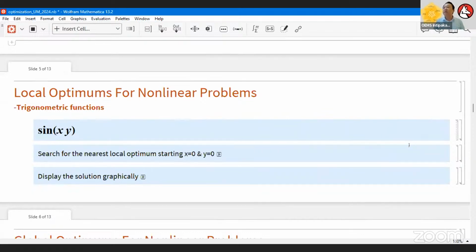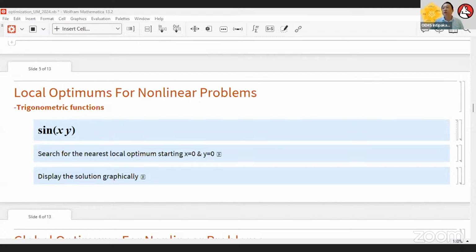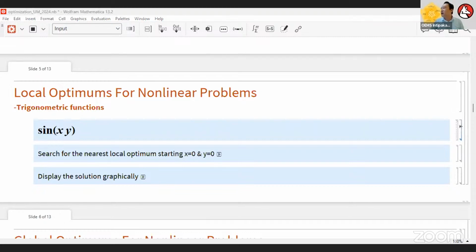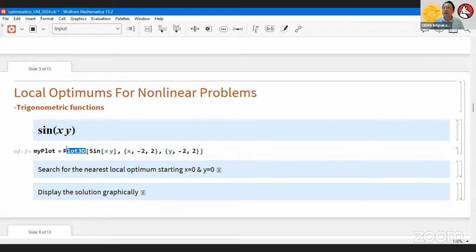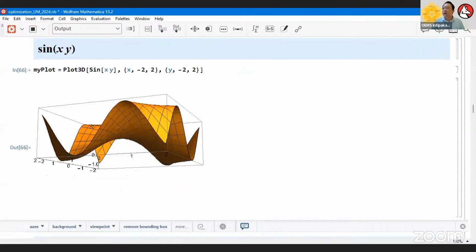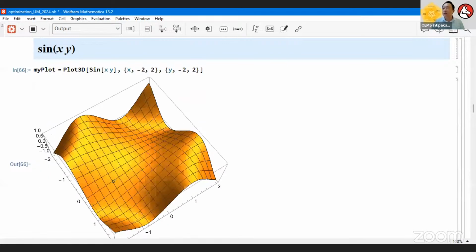Now, the next thing, if I look at something nonlinear, is a quite simple approach. We have these trigonometric functions, sine xy. Similarly, if we want to deal with sine xy, how does it look? Again, sine xy is of course three dimensions, so I go and Plot3D. I define the range: x is from minus 2 to 2, y is from minus 2 to 2. Give me the 3D display of sine xy, how it looks. This is what we would expect.